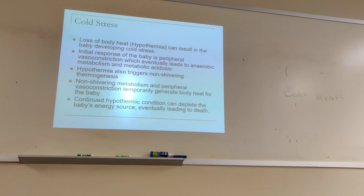Loss of body heat, hypothermia, can result in babies developing cold stress. The initial response of the baby is peripheral vasoconstriction. The blood vessels in the periphery will constrict, which eventually leads to anaerobic metabolism and metabolic acidosis. Blood flow from the periphery will decrease, and the tissues will not have adequate oxygen for metabolism. So they go into anaerobic metabolism, which is metabolism without oxygen. That usually results in lactic acidosis,